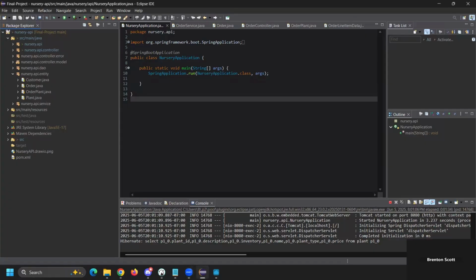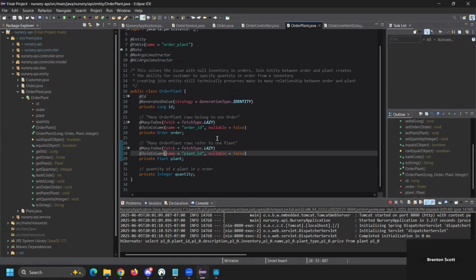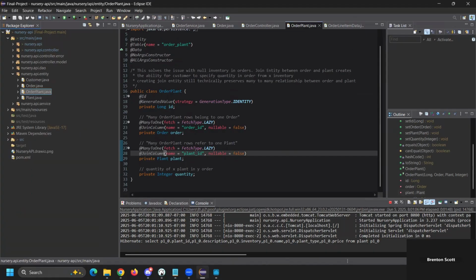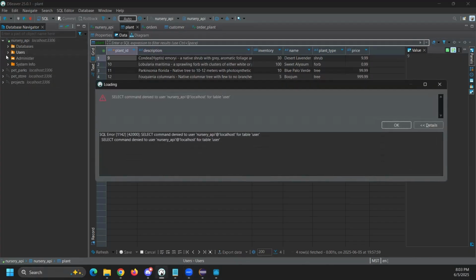Final project is a Nursery API with 3 entities and a joined entity to be able to house inventory. Replace the many-to-many, which technically is still many-to-many, with this inner join entity, which now has a many-to-one going both directions. So moving onward, need to show the read operations on all of our entities here, or at least on